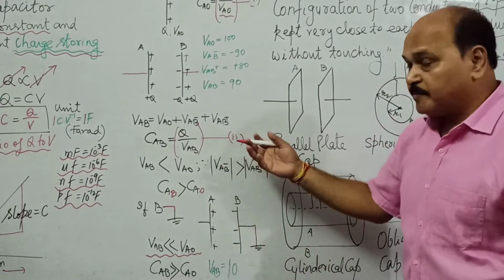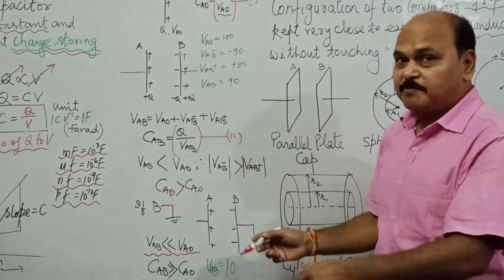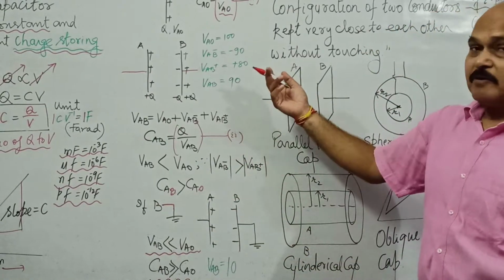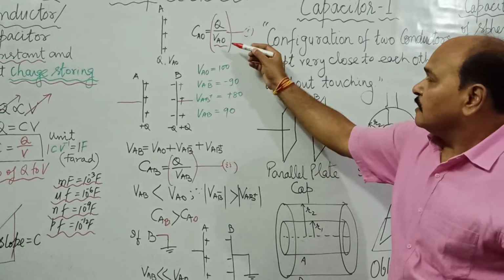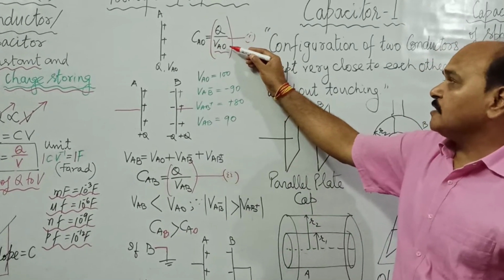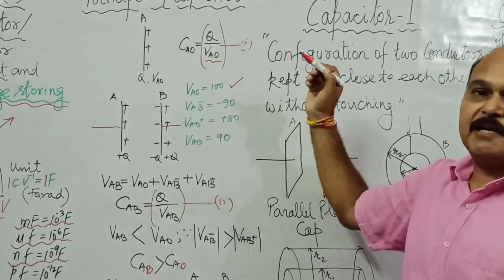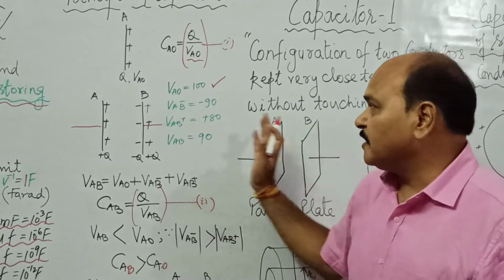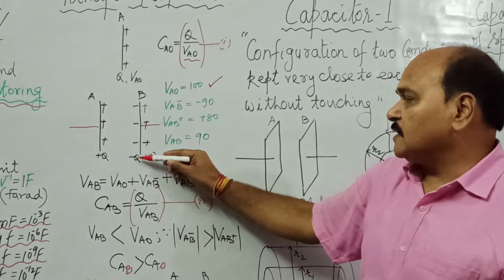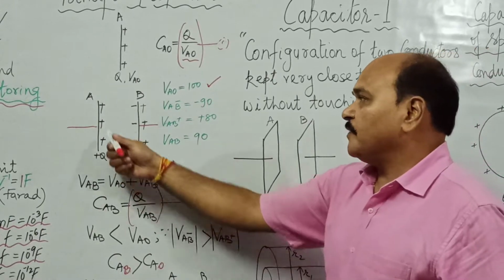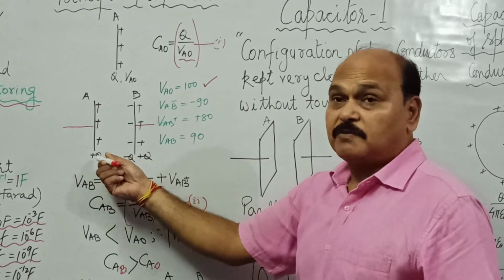Well, these are the statements which you might not have understood. Now I am going to explain these statements with the help of an example, with mathematical values. Let us say that VA0, the potential of plate A when it is isolated, is 100 units. Now when another plate B is brought close to it, what happens? Over B, this side negative charge and this side positive charge. Now the potential of A is because of this negative charge as well as this positive charge, and of course because of its own charge.